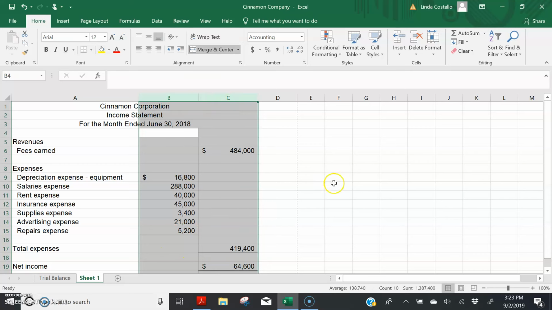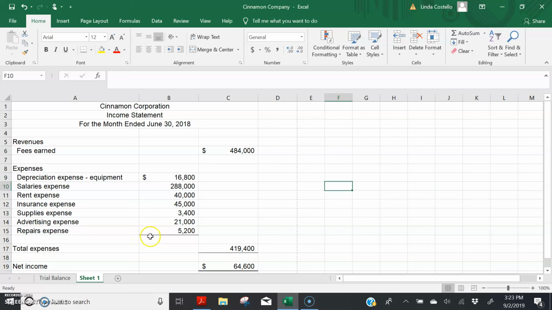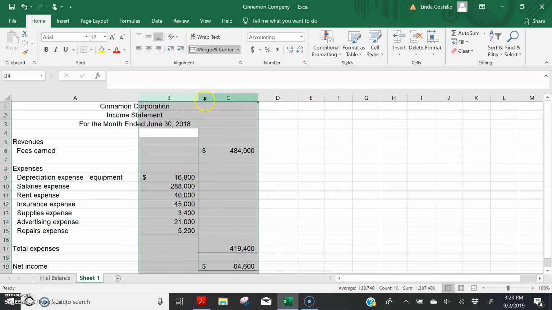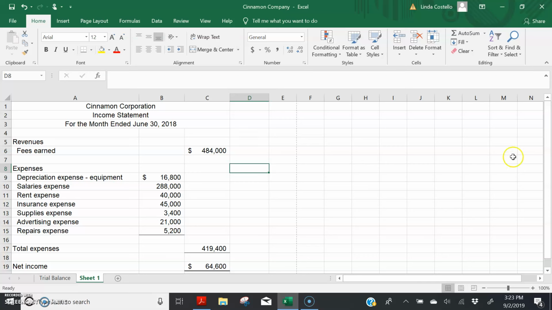Bingo, there they are. Now I want to make sure that the columns are properly sized. They're still way too wide. You see how this line extends mostly over open space and not mostly under numbers. Now it shouldn't be crowded, but it certainly shouldn't be that wide. So I'm going to highlight my number columns and I'm going to close it up a little bit till it looks much better. And I think that looks much, much better.